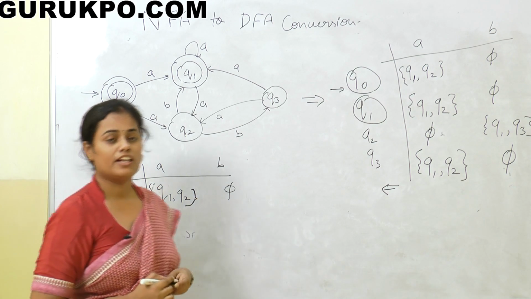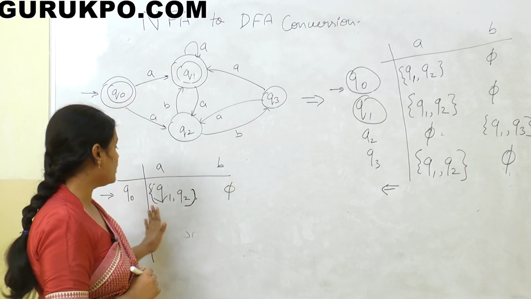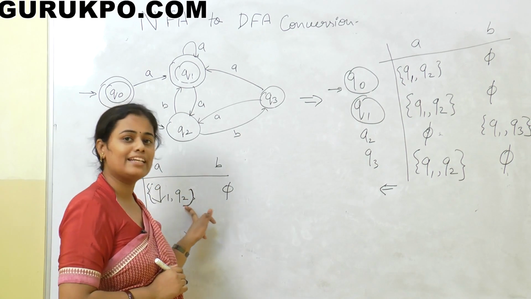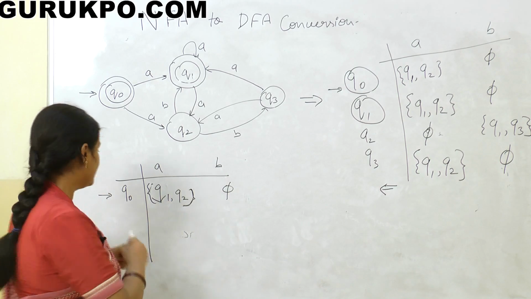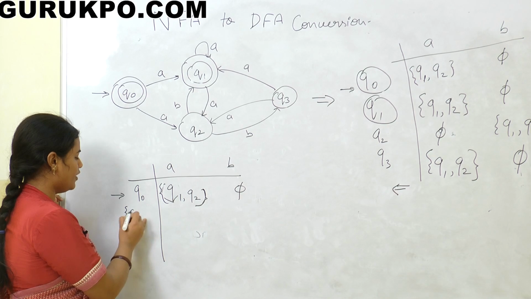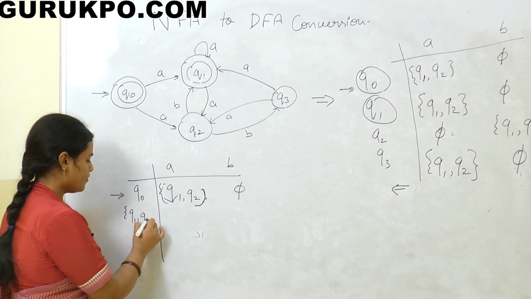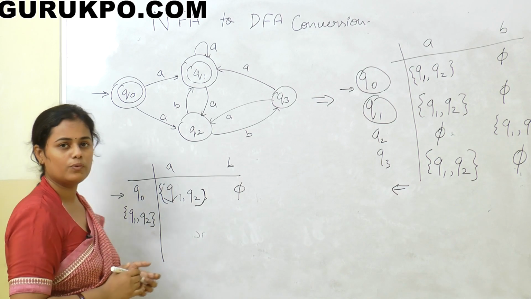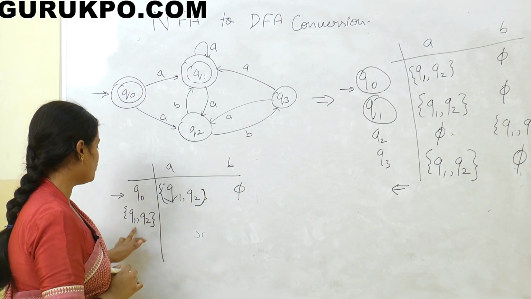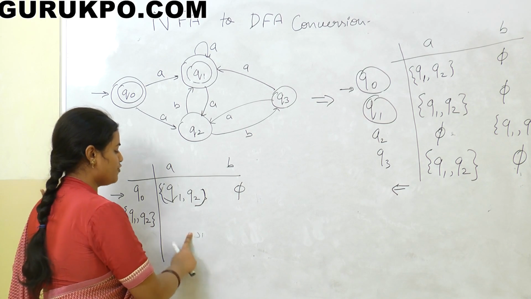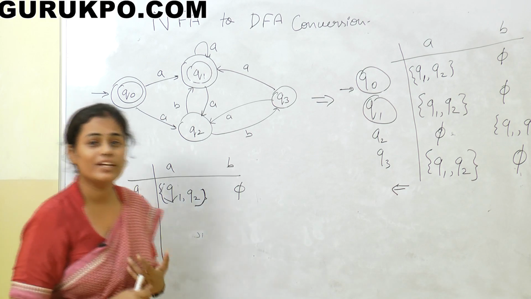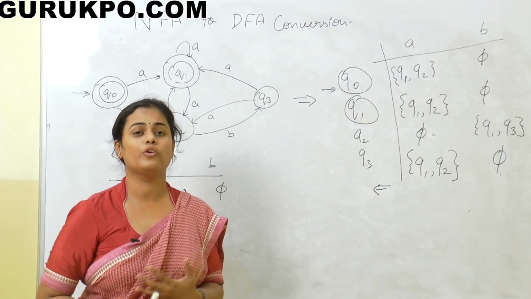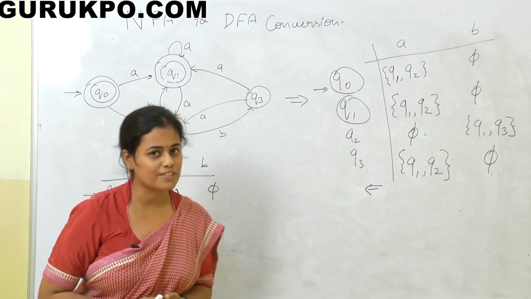Now what you have to do? You have to take all the states which are coming on the right side to the left side. Here is Q1, Q2, so the next state of the DFA table will be Q1 comma Q2. You have to make the output symbols for A and B from this state. For that you have to union the values of Q1 and Q2. The union is a function of set theory.